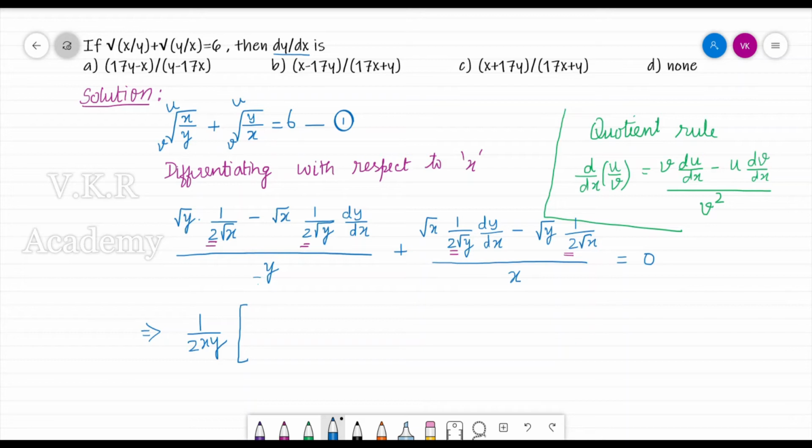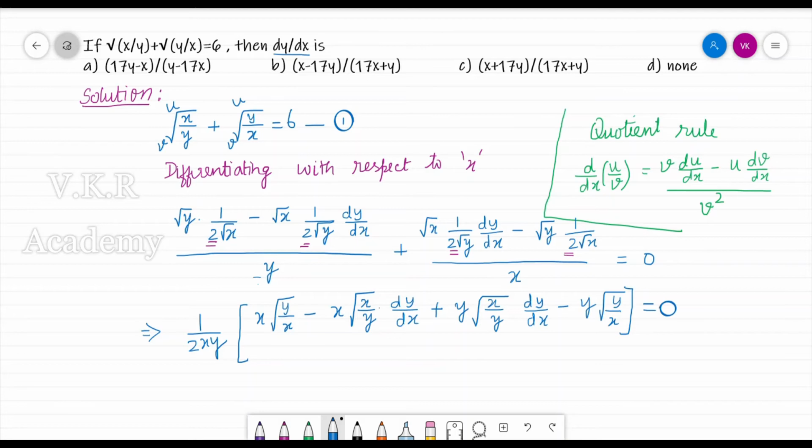So we have x into root of y by x minus x into root of x by y into dy by dx, plus the second expression we multiply by y into root of x by y into dy by dx minus y into root of y by x is equal to 0. Grouping the terms